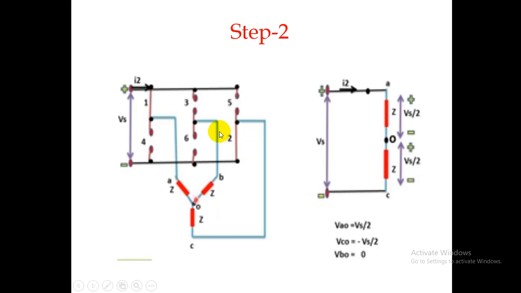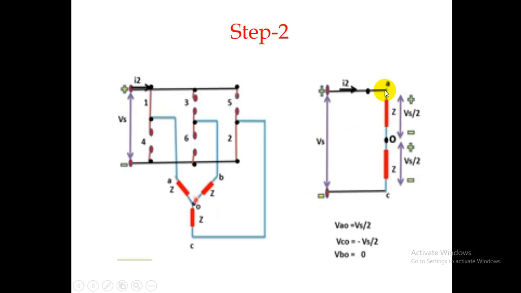For that, thyristor T2 is triggered on. In this case, what happened? The reverse path for the current, instead of phase B, is now supported by phase C. If the current is entering like this and passing through C and coming back to thyristor switch 2 and back to the source, it has a closed path. Similarly, we apply KVL to the equivalent circuit in the same way.